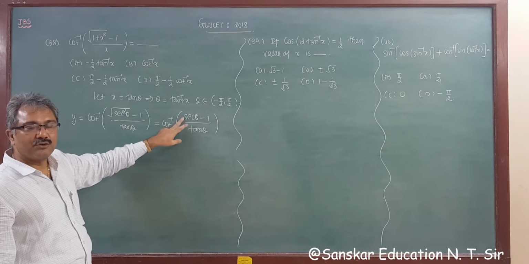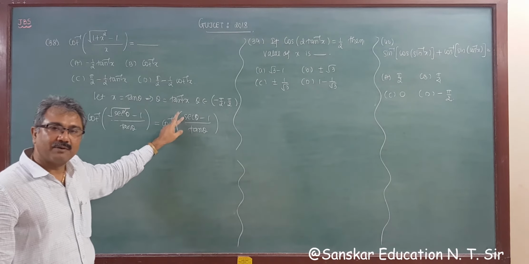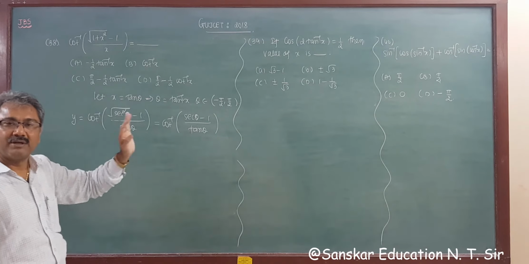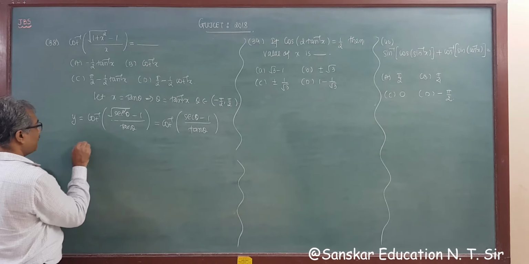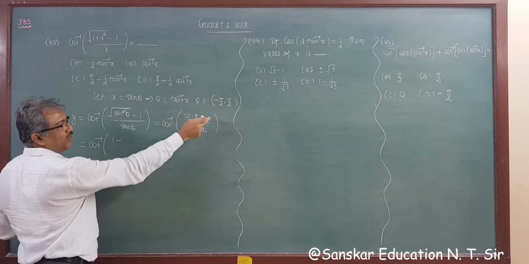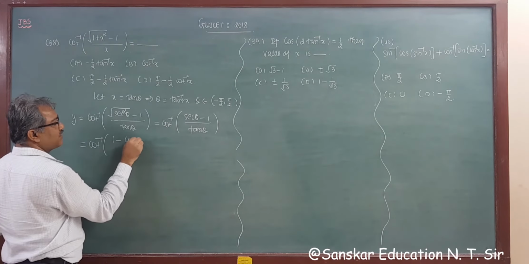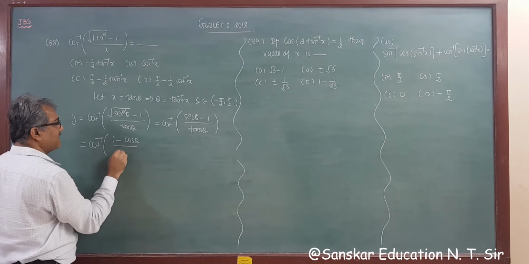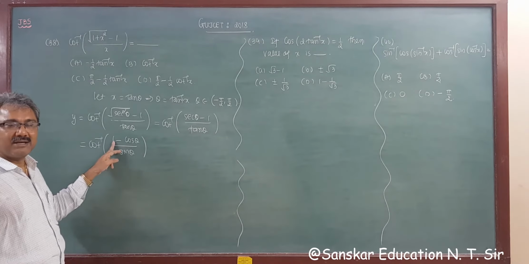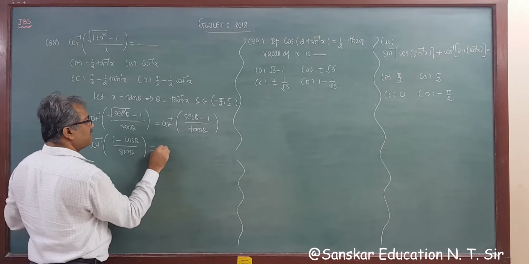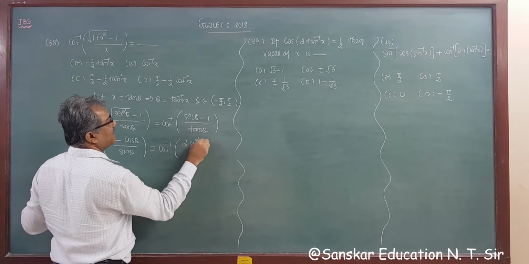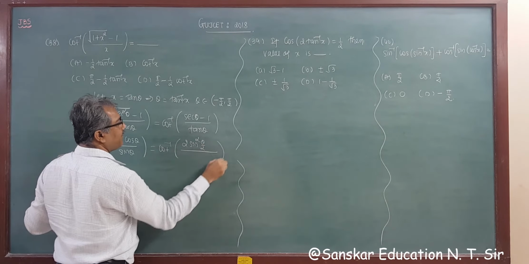Therefore, changing this into sin cos, 1 upon sec is 1 upon cos and tan is also sin upon cos, so cos is the LCM, so you can do this orally also. So y is equal to cot inverse of 1 minus 1 upon cos, that means cos is multiplied here, so 1 minus cos theta, and sin theta cos will cut. Now you have the formula for 1 minus cos theta is 2 sin square theta, so this is cot inverse of 2 sin square theta, whole upon.